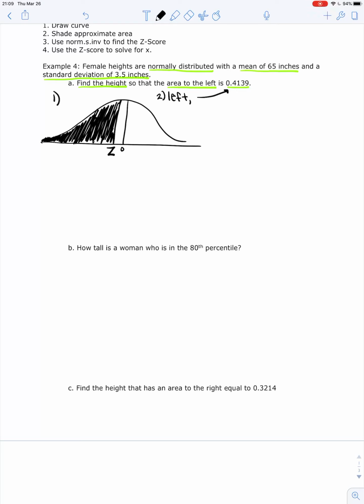I know I can't go past the middle, because if I shade all the way up to this middle value, this 0 here, then I would have shaded 50% of my curve. So I know I can't go past the 0. Okay. So now that we've drawn our curve and we've shaded the area that we're looking for, we're going to go into Excel and we're going to use the function norm.s.inverse to find the z-score that corresponds with this area. So if I switch to Excel,